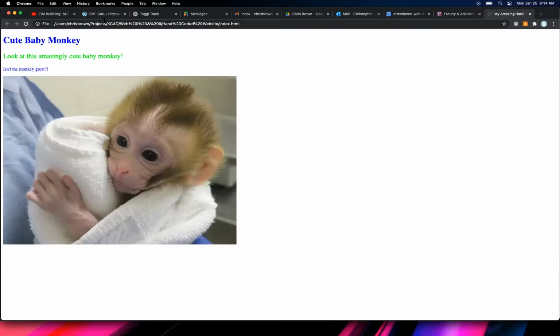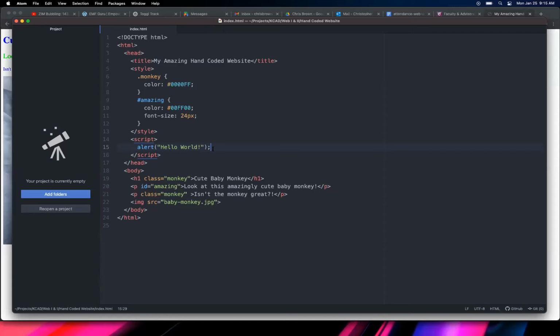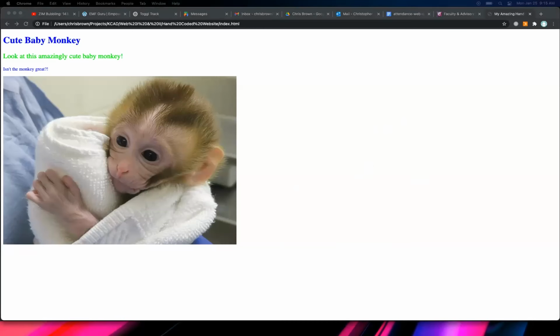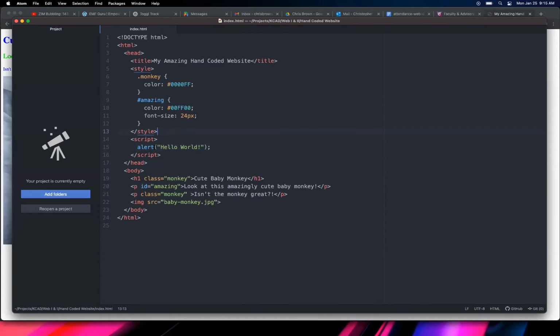Easy enough. Now, one other piece of code. Instead of alert, what we typically use, because alert literally stops and forces the user to hit OK, a lot of times we just want to send a message to ourselves as programmers. I'm going to show you how to do that right here with the JavaScript and within the inspect console developer window. So inside of our script, instead of alert, we can type console.log,